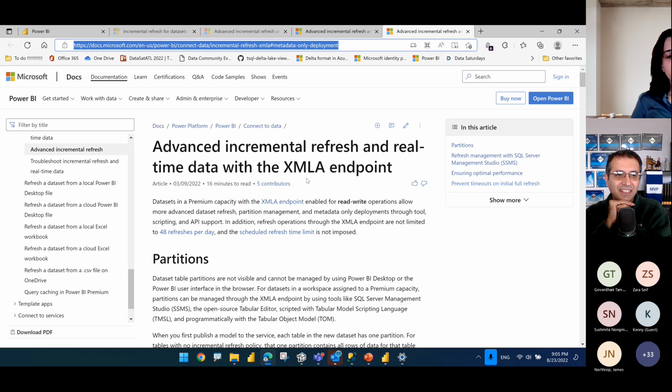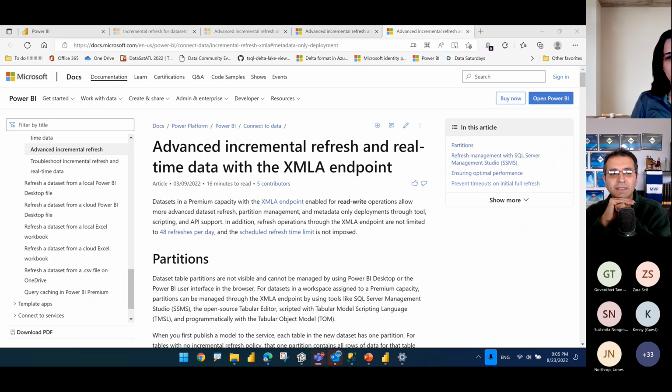So I think you are correct, because this whole setup hinges on DirectQuery, right? And if your data source does not support DirectQuery, then the hybrid option doesn't work, and then you have to have query folding for the partitioning to work. I'm not sure what's the best way for Excel files.